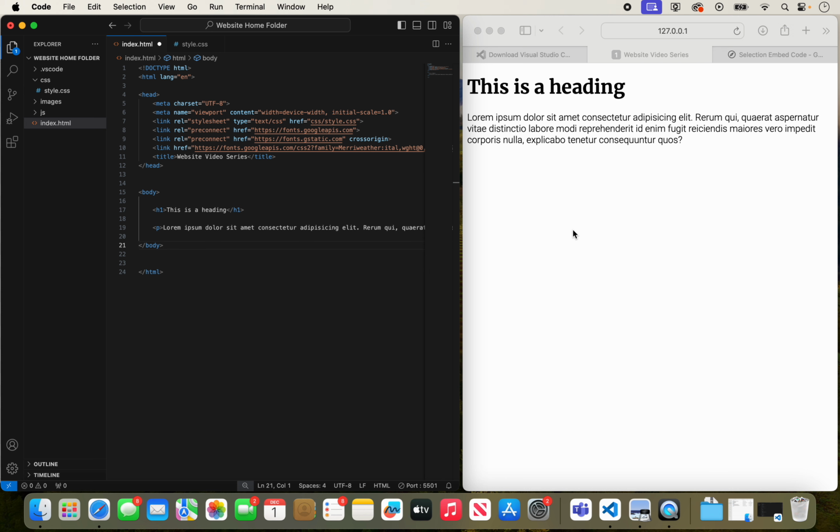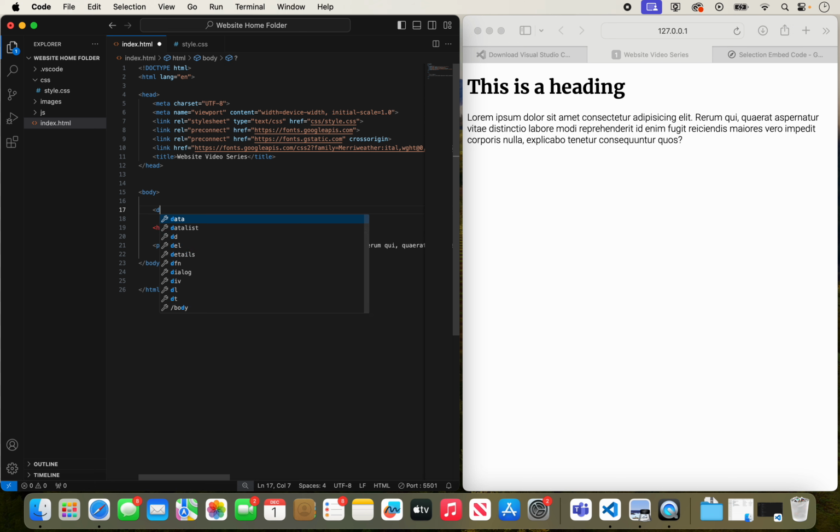To do that, we are going to create a div, which is short for divider, I believe. I'll just double check that. Yeah, I believe it's short for divider. I don't remember all the short names for everything, but I know most of them. So div is a way that we can separate our website into sort of manageable pieces. Okay, and the way that you define a div is we're going to put this under the body here. We're going to put div,